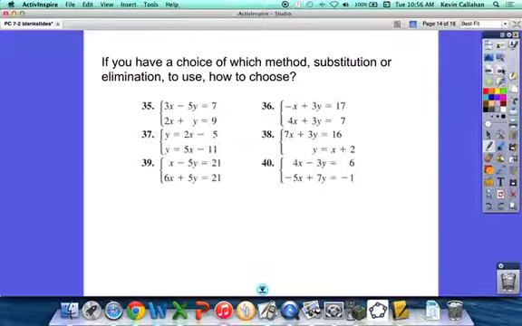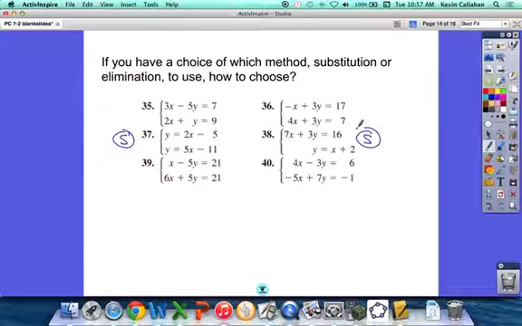I mean, out of this one here, there are like 6 of the problems in the homework. I don't believe you do any of them. But which ones of these would you think you would use substitution on because it's already solved for a variable? Right. Yeah, 37, both are solved for y. So I would say that's probably a substitution case. And 38, one of them is solved for y. It's a lot easier just to do substitution than to get the x on this side and line them up and start making coefficients cancel, right? So that's probably a substitution,